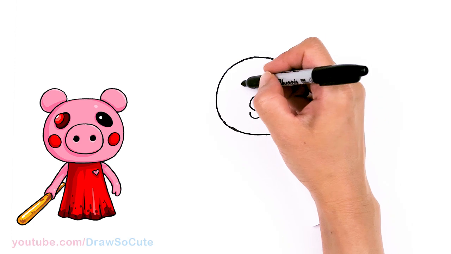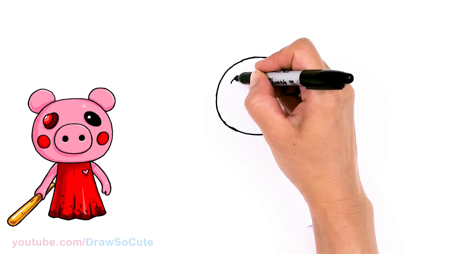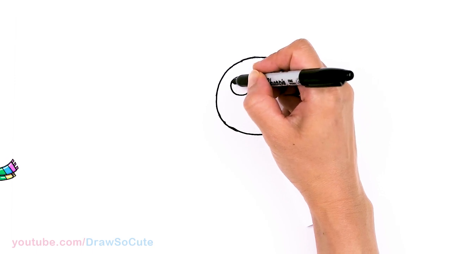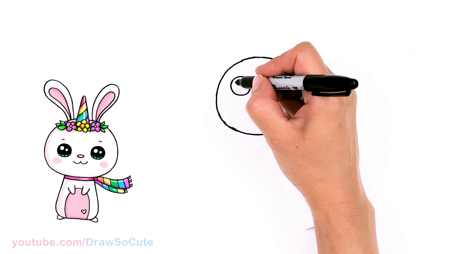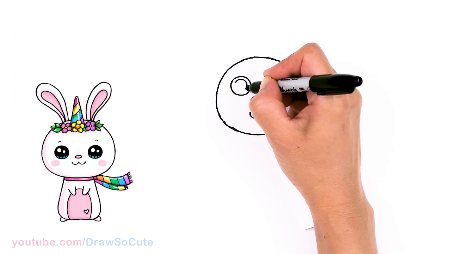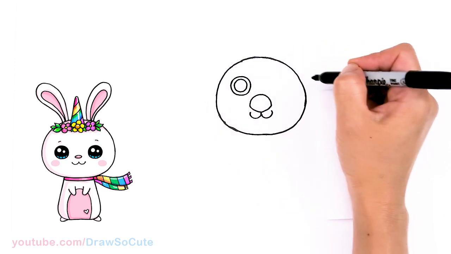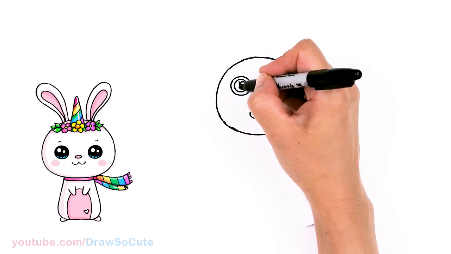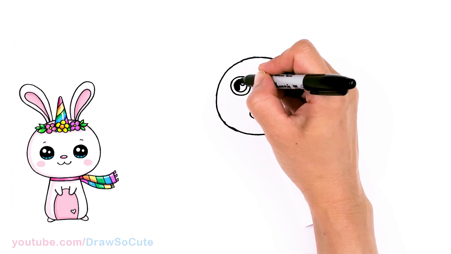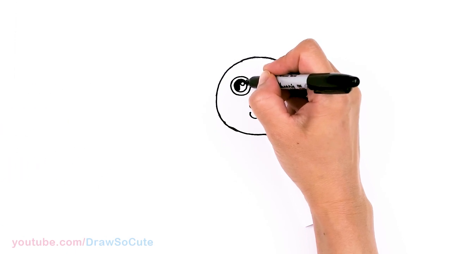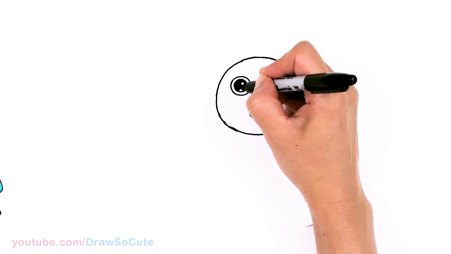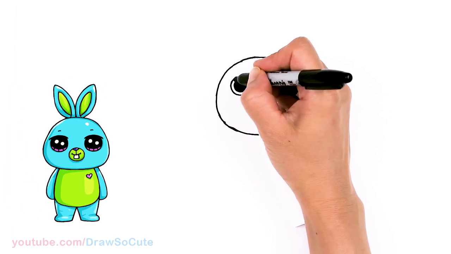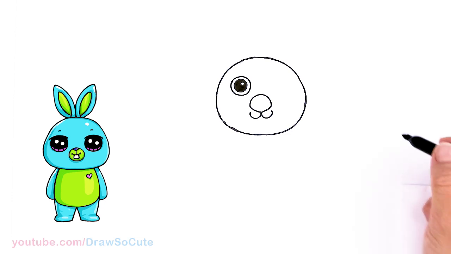Okay, so then now I can go ahead and draw the eye. So on this side, about in this area, I'm going to draw a big circle. And then I'm going to come inside and draw another circle. And then another one right here for a highlight and then shade it in. So there's two different kinds of eyes you can do for Bunny. You can draw the one where it's glowing, so then you wouldn't draw this black part inside. So it's all up to you. Okay, so now I have that eye in.